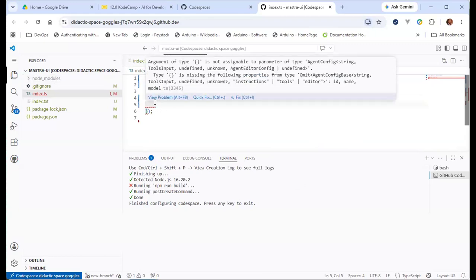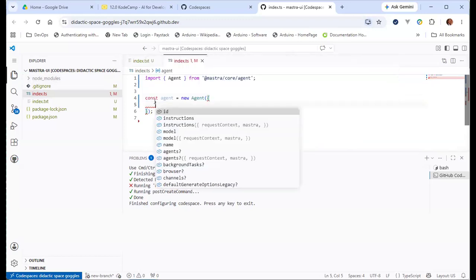If you use Control and Tab, it will load the different keys or properties that you need to provide. Since it's TypeScript, the ones that have question marks are optional. Everything else is required. The ID is required. The instructions are required. Instructions can also be a callable. The model is required. The model can also be a callable. The name is required.